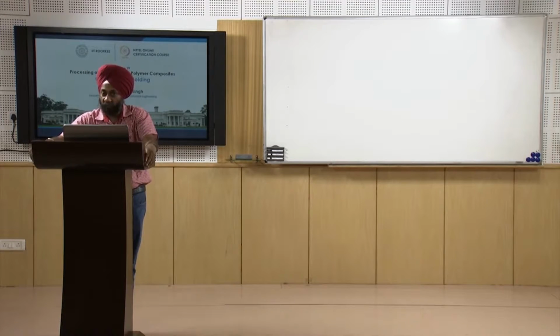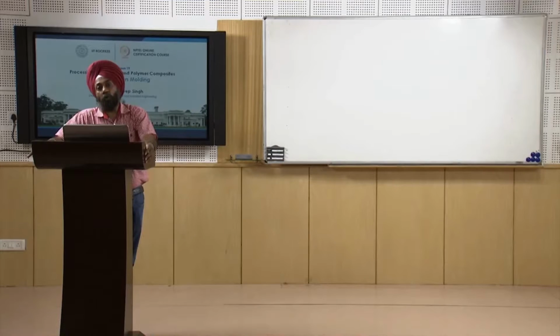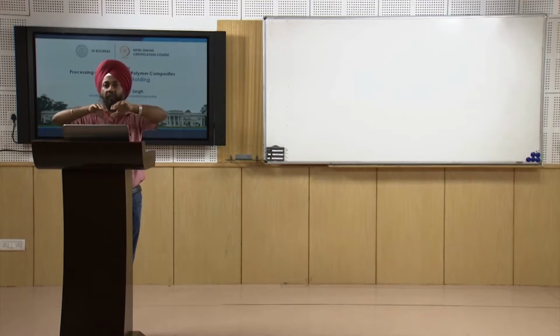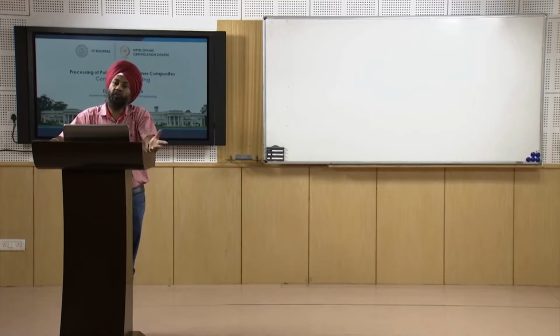That is one classification. Then all these fibers can be in the form of unidirectional mat, all fibers running in one direction only, bidirectional or woven mat, stitched in the fabric form as I have already explained, or mat of oriented fibers, short fibers or chopped fibers. So the chopped and short fibers also must be available in the form of a mat, because we have to put it in the mold and then we have to apply our matrix, which can be